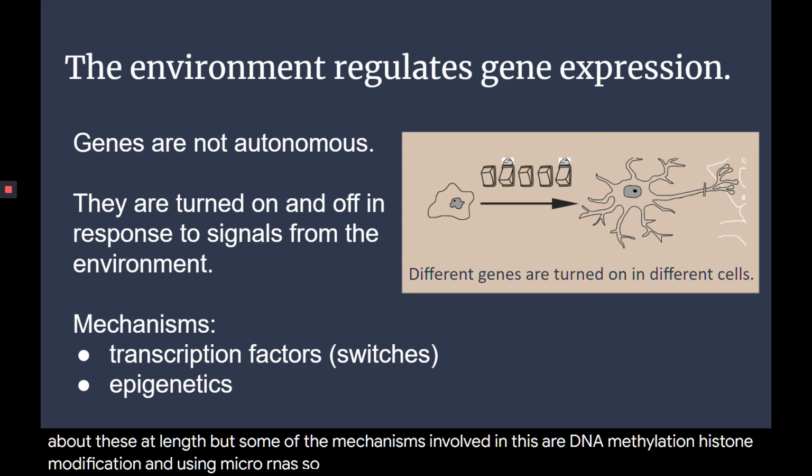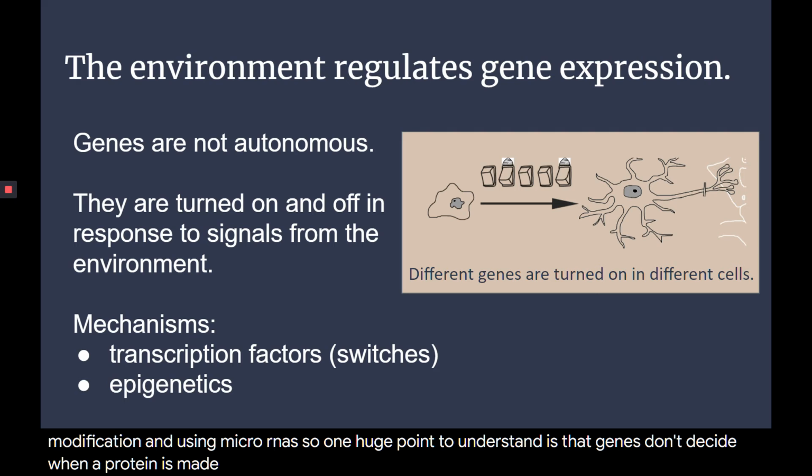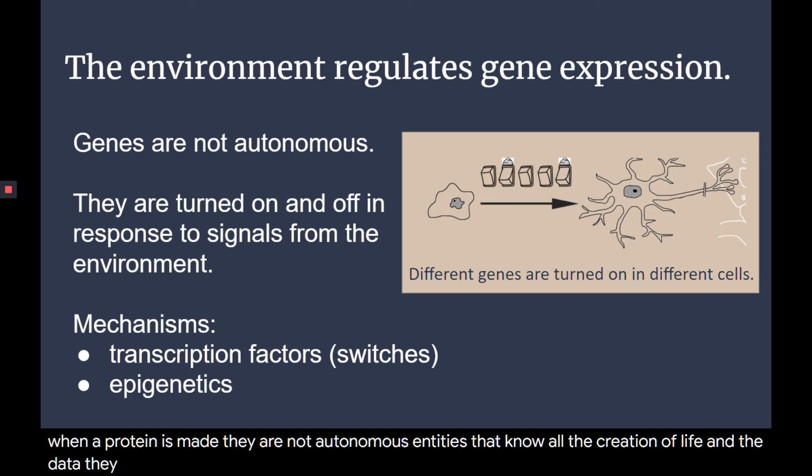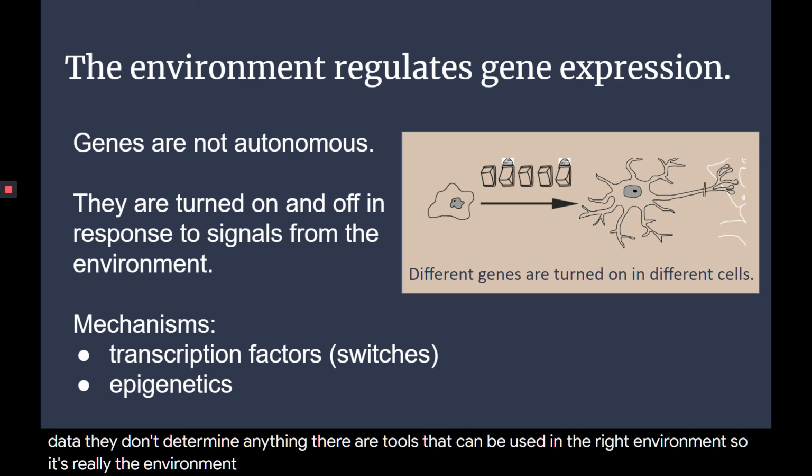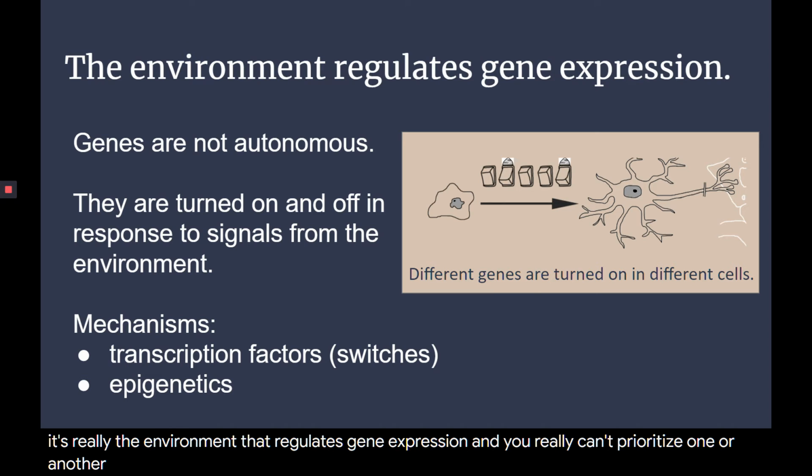So one huge point to understand is that genes don't decide when a protein is made. They are not autonomous entities that know all the creation of life. They don't determine anything. They're tools that can be used in the right environment. So it's really the environment that regulates gene expression, and you really can't prioritize one or the other because they work